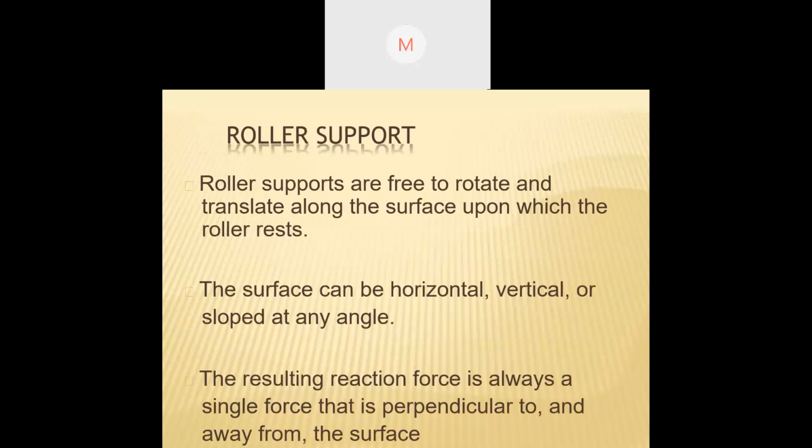What is roller support first of all? Roller support is the type of support in which